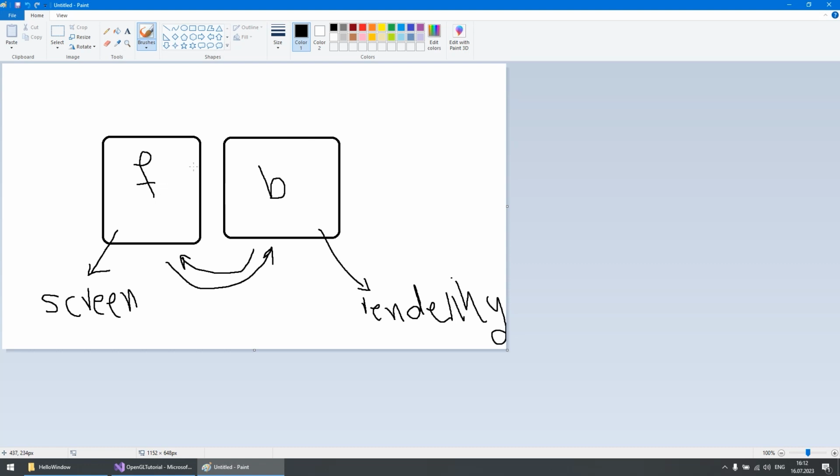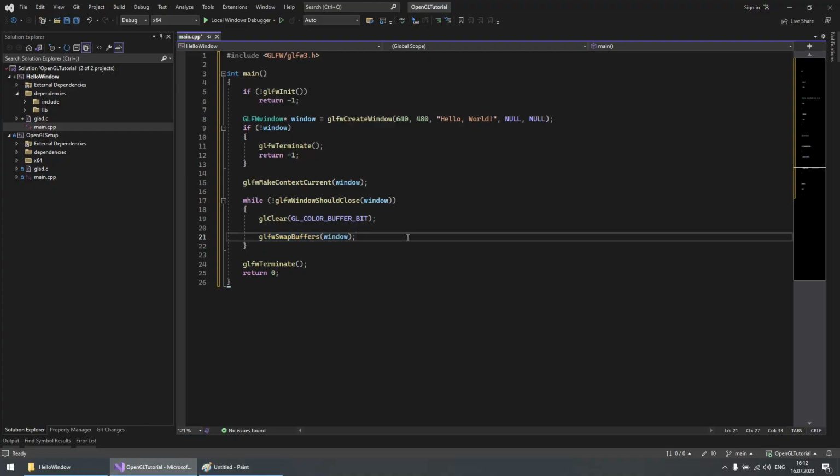For example, when you're rendering a heavy scene or a heavy picture, you may see visual artifacts and issues in rendering, but when it happens behind the scenes in a back buffer, the end user won't see it. And when it is ready, it will be swapped and end users will see the final picture. So it's very important.